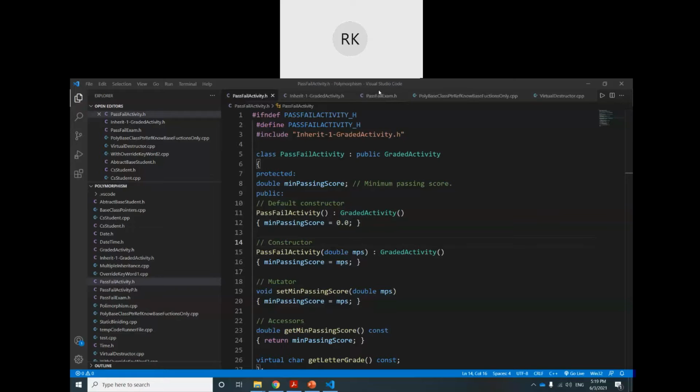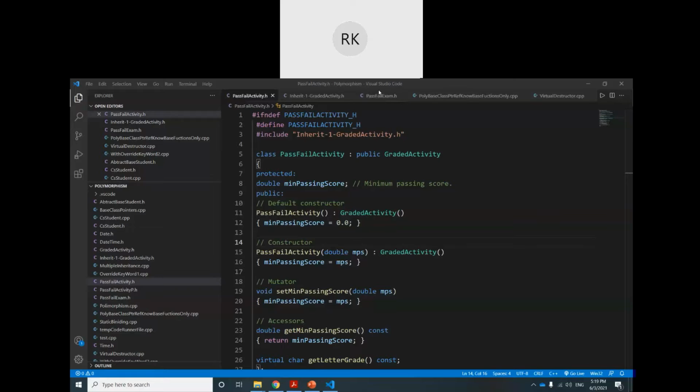Note the point, whenever you are using this new operator, it means that the constructor of the grade activity is called, but there is no variable name, so it will be a dynamic variable with no name. Okay, it is exactly equal to like this, grade activity, and if I create some object, let's suppose obj, and pass the value 88.0, it is exactly equal to this.